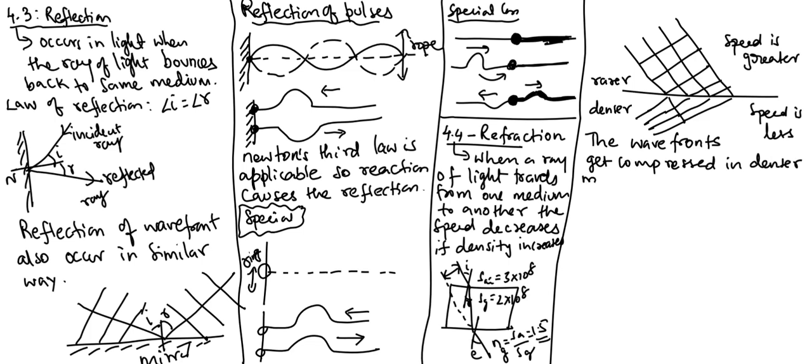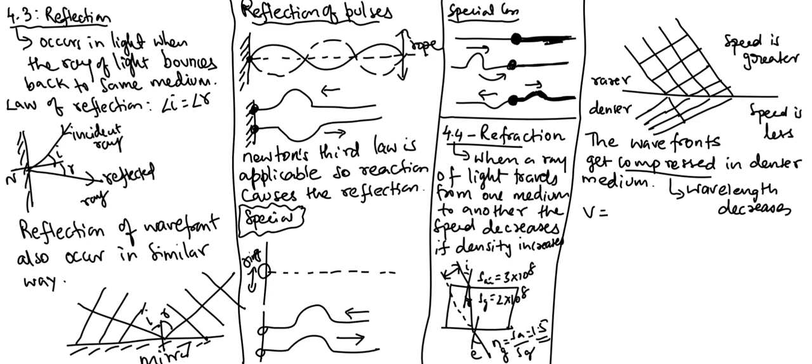That makes logical sense also, because there are more particles there, but there is not enough energy by the incoming wavefront to distribute to so many particles. So maybe that is one of the reasons why the wavefronts get compressed. By compression here I mean that wavelength decreases,